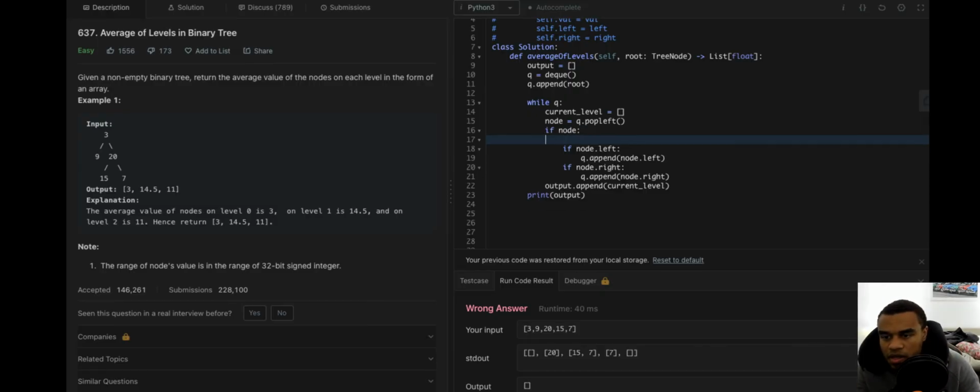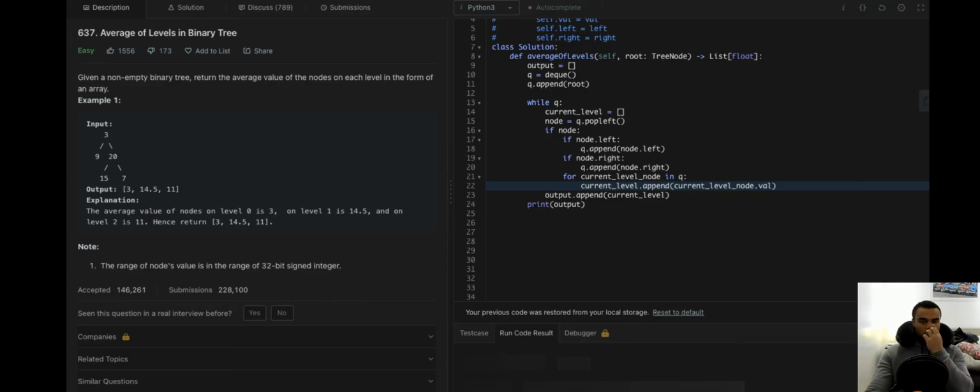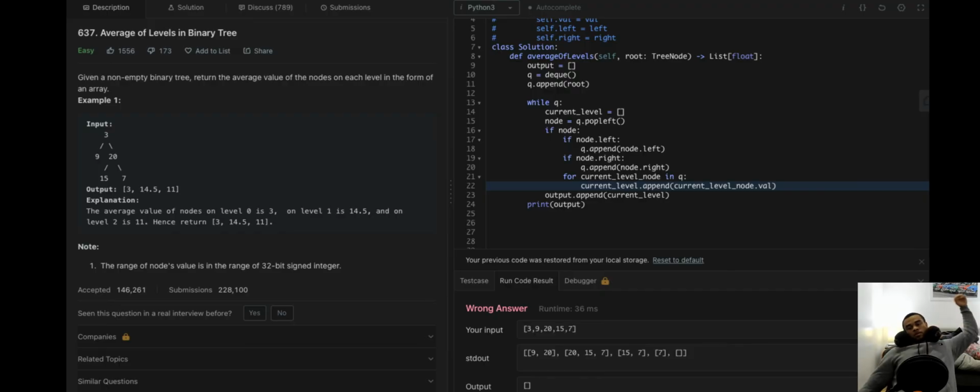No. It makes sense having it here, right? Because we're saying for current level node in Q, this is what's in the queue at the moment. For the current level, if node dot left, if node dot right, append, right? Then we say for current level in Q, current level dot append the value, right? 9, 20, 20, 15, 15, 7, 7.